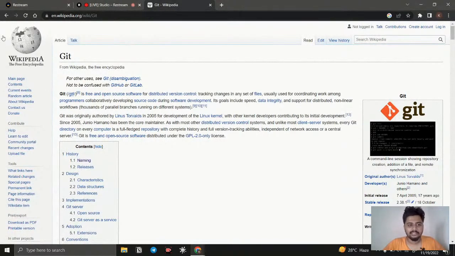So this part is called the user interface. So what is user interface? User interface is nothing but how the website is looking. So how the website is looking for the user. So who is the user? Right now I am using Wikipedia, so I am going to be the user. If you are using YouTube, then you are going to be the user. So how the website is looking, that is going to be the user interface.